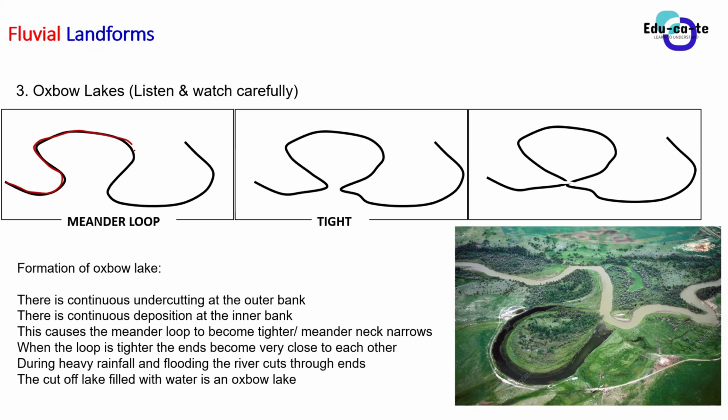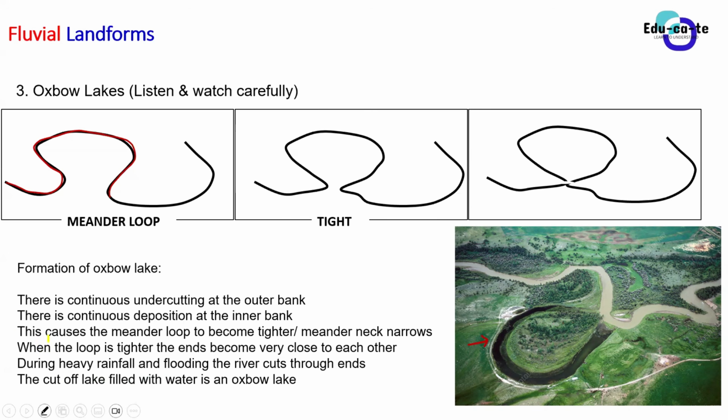Last time I told you guys about the undercut slope as well as the slip-off slope of the meander, and I gave you full details about how that works. So basically here we're having a meander loop. So we start with what? With the meander loops. So how do we then end up forming this Oxbow Lake, this one that looks like a round shape, but is next to the river and not connected to the river? How do we end up forming it?